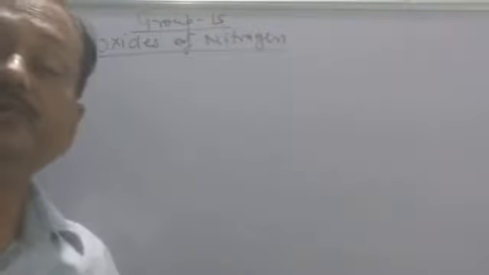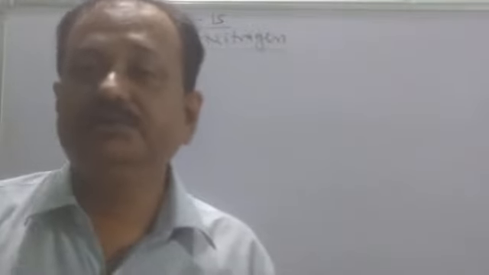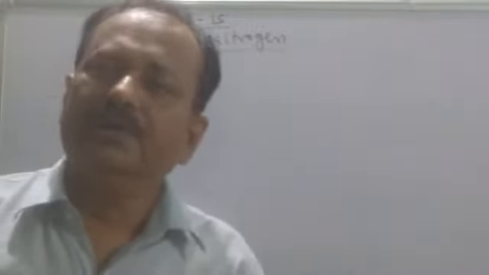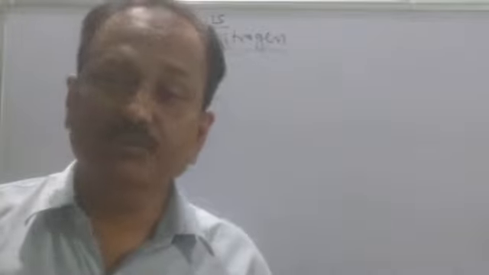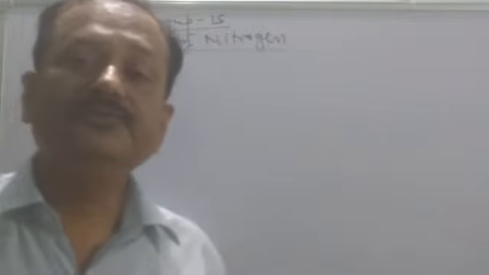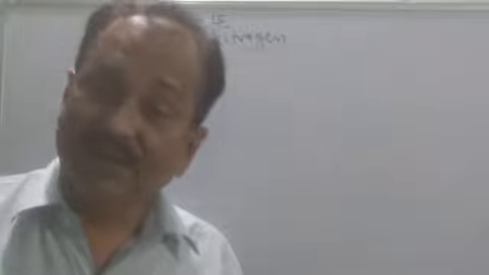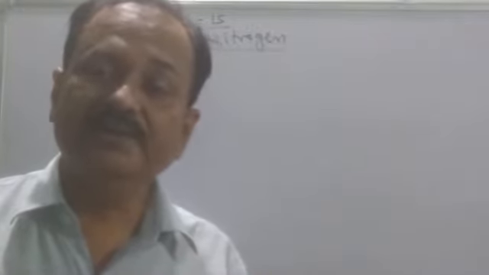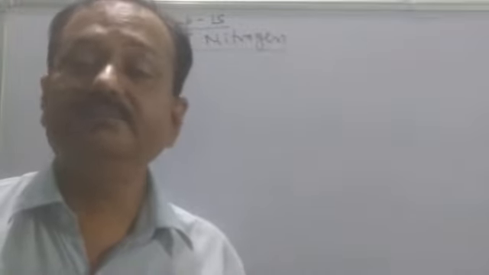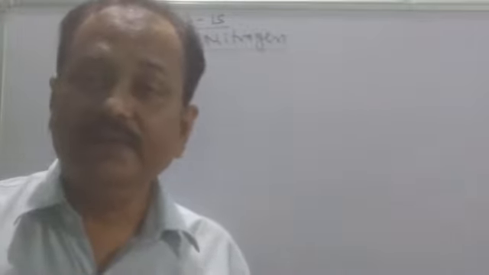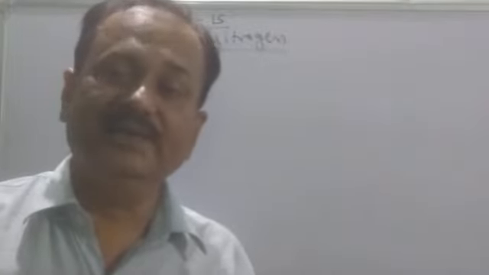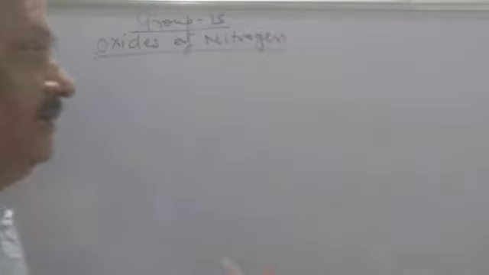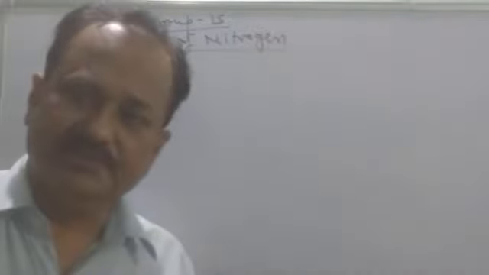In this video, I am going to explain some very important terms, and it is about the oxides of nitrogen. Nitrogen is a very anomalous element, and so it forms a large number of oxides under proper conditions. Now, nitrogen is highly stable. It is an inert element, and it becomes active only at elevated temperatures. Only at elevated temperatures does it form a variety of oxides, in different oxidation states.